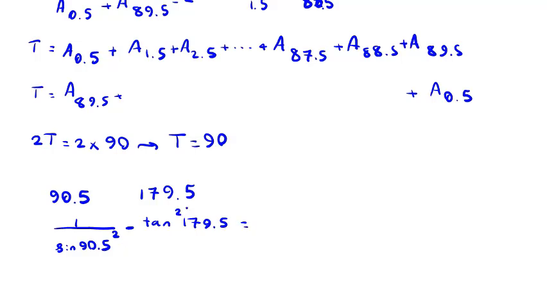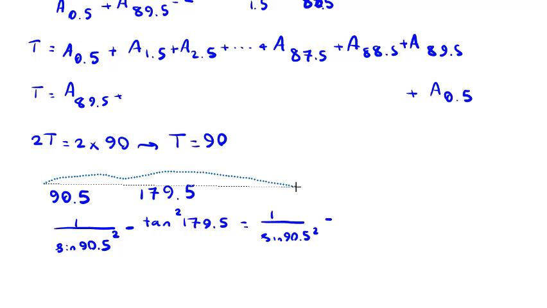It will be 1 over sine 90.5 squared. Then you subtract this by 90. For the rest of the problem, if you consider these two things, maybe it's useful, but I